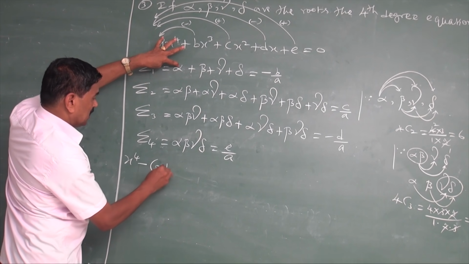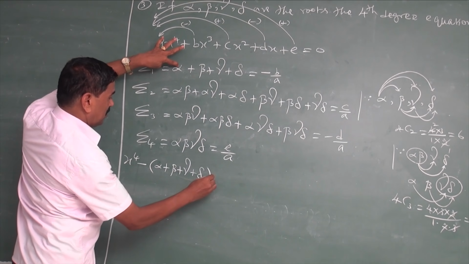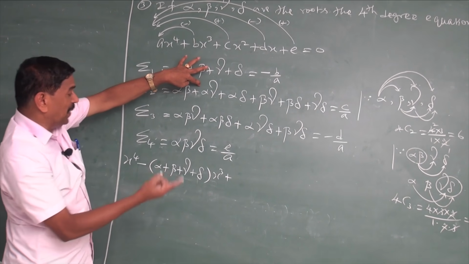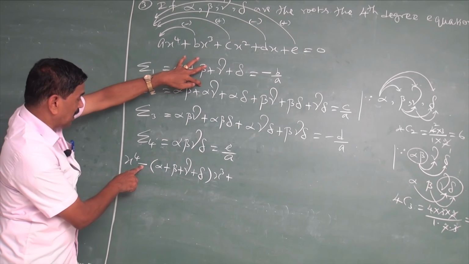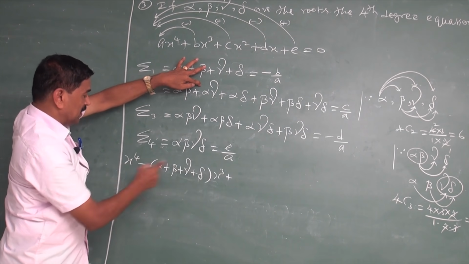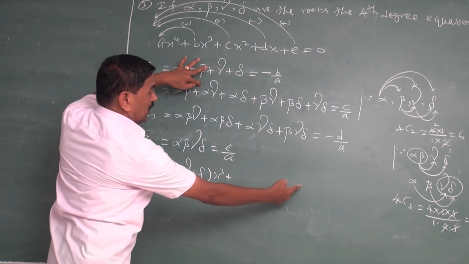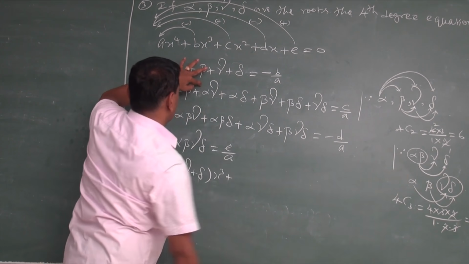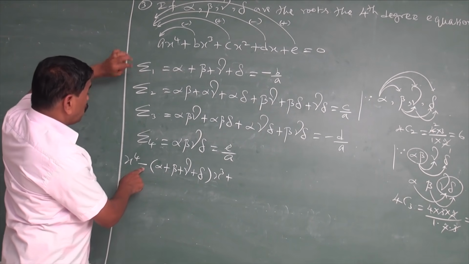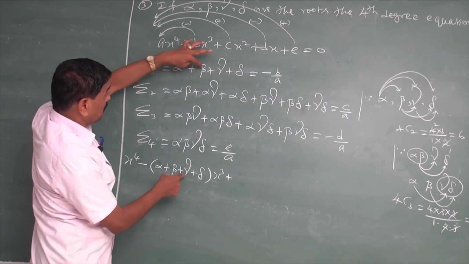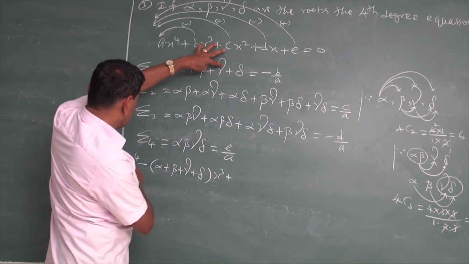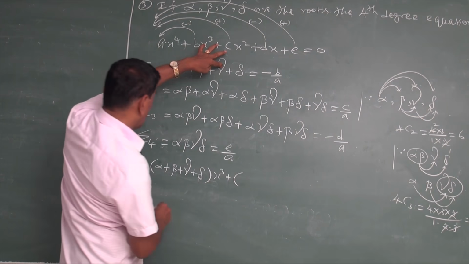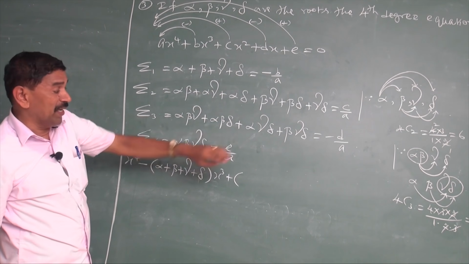Now the required fourth degree equation is given by x power 4 minus the sum of the roots taken one at a time, that is (alpha plus beta plus gamma plus delta) into x cube, plus, and so on. The signs alternate, plus and minus, and that is important, while the powers of x decrease: x power 4, x cube, x square, x, constant. Next, minus the sum of the roots taken one at a time times x cube, then plus the sum of the product of the roots taken 2 at a time, which means